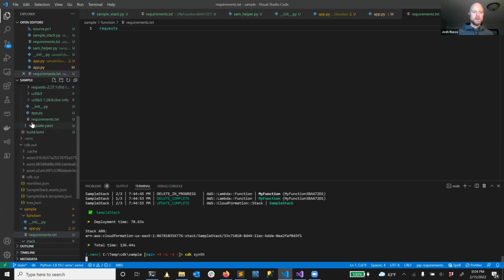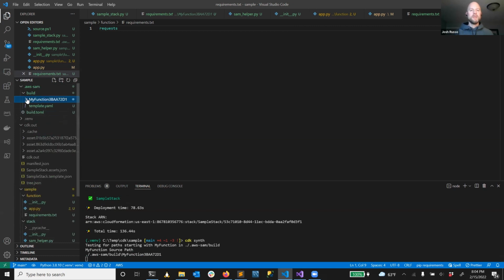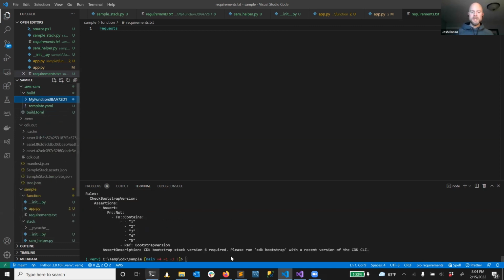Generally I work with shell scripts that will do the series of commands that I want to do before each operation. So for my context where I want to now build, so if I do a SAM build right at the moment, or